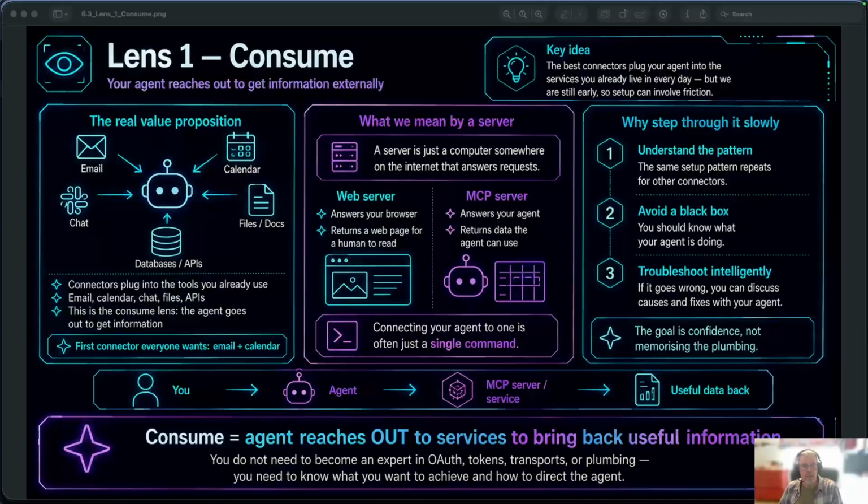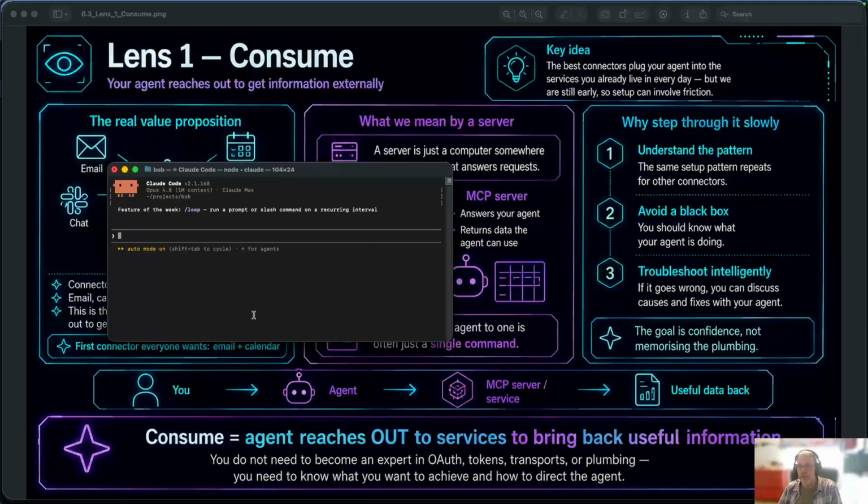As this pattern can be replicated for other connectors you have yet to set up, as mentioned previously, I don't want your agent to become a black box that you don't understand. If it goes wrong, I want you to have an informed conversation with your agent about the possible causes and suggested fixes. Let me go to Bob, and I have a session for Bob open here,